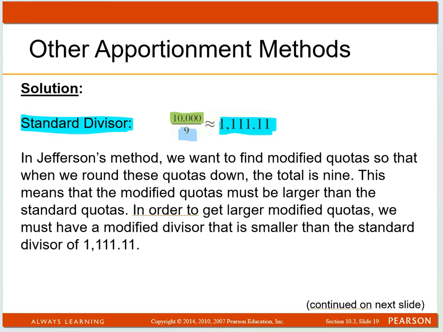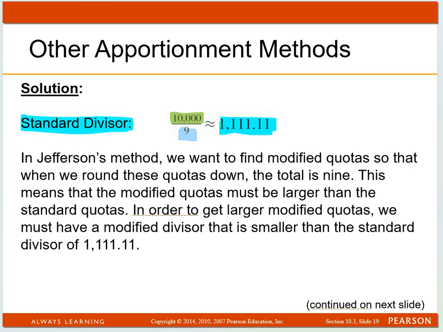Okay. In Jefferson's method, we want to find modified quotas so that when we round these quotas down, the total is 9. This means that the modified quotas must be larger than the standard quotas. In order to get larger modified quotas, we must have a modified divisor that is smaller than the